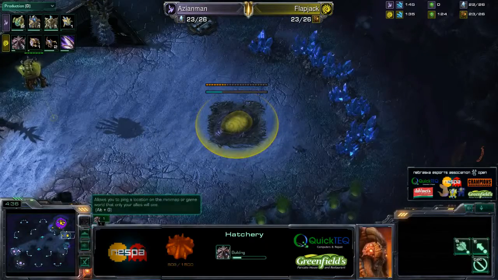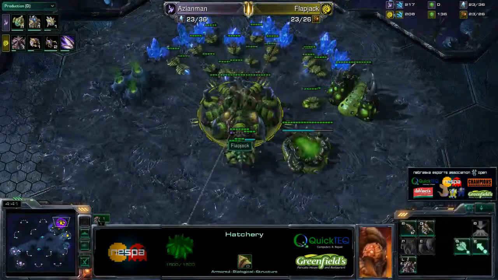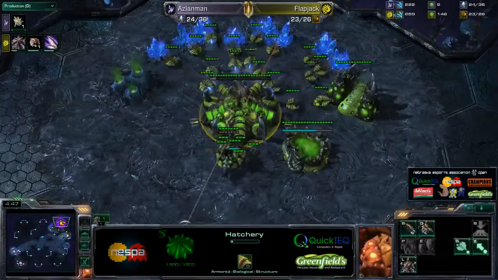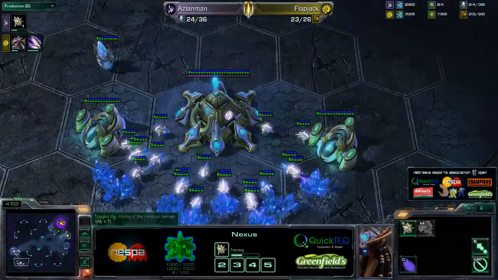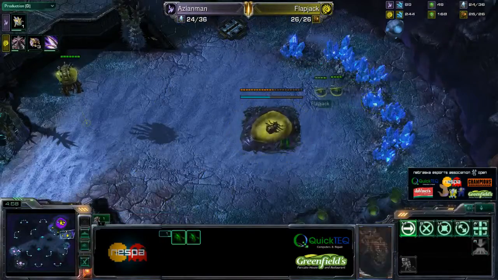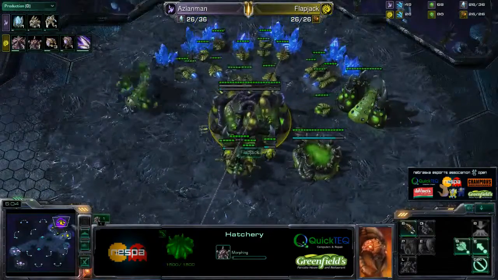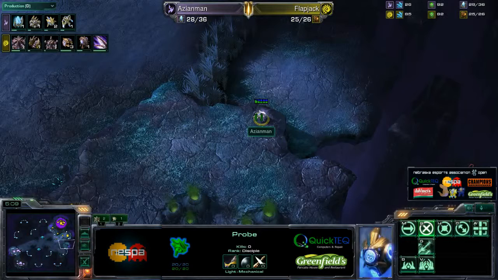We do have the expansion now going down for Flapjack. Speed about halfway done. Still getting quite a bit of gas here. Don't see the lair started yet either, so I'm still kind of scratching my head to see what he's going to do with all this gas. I'm going to go ahead and check the perimeter of his natural a little bit, make sure there isn't anything hidden down there. However, Azianman, being very smart, going to hide this probe down here in the southeast natural, and